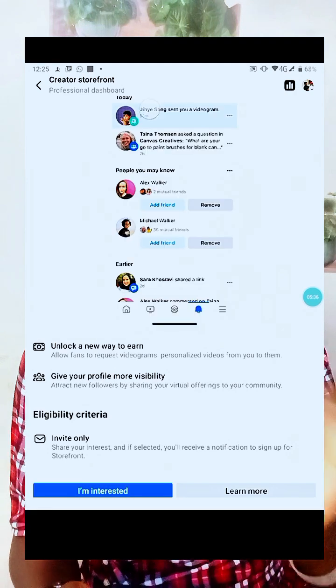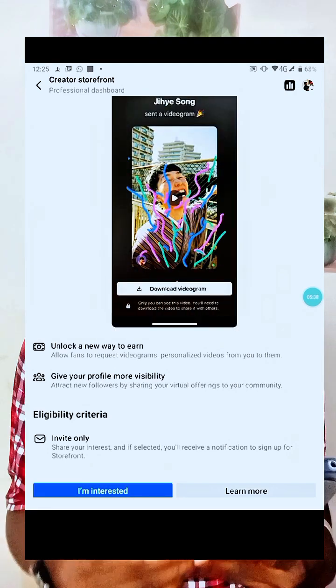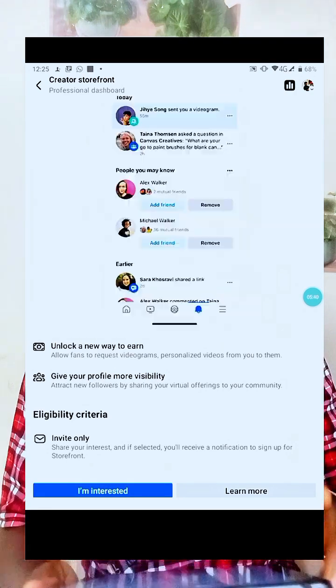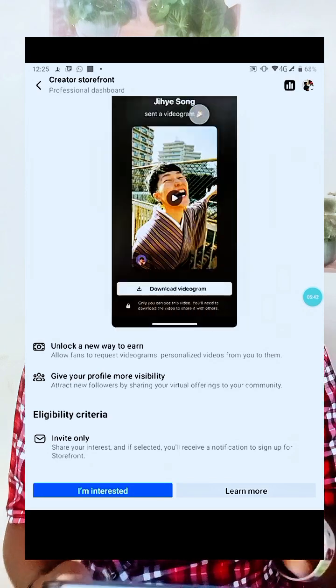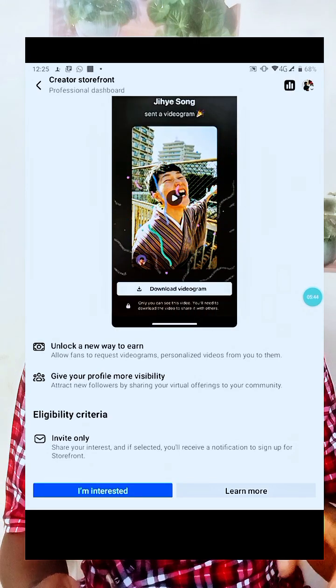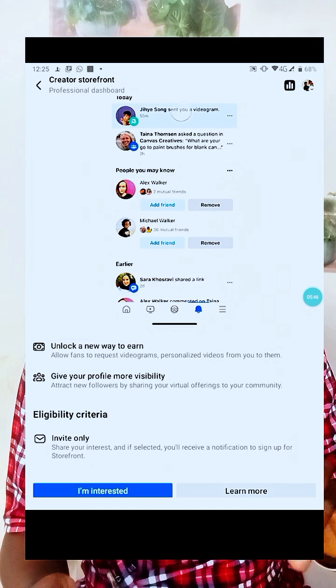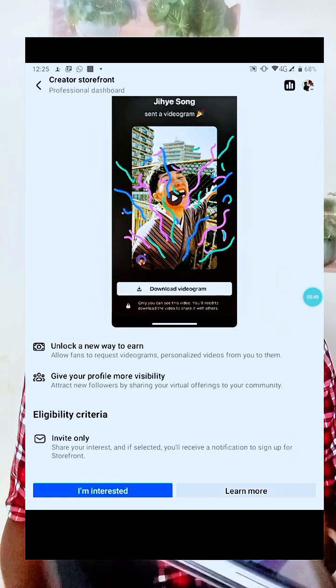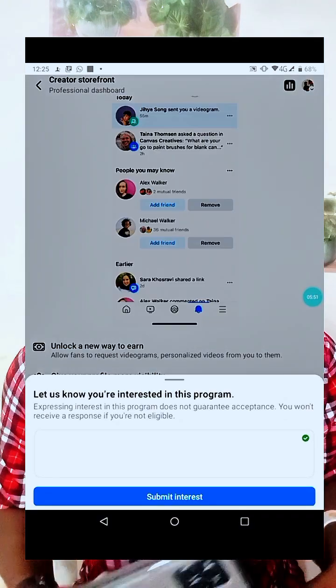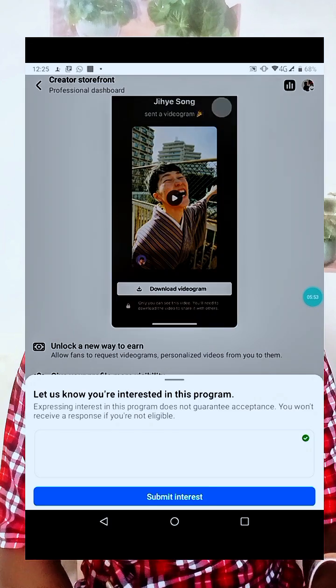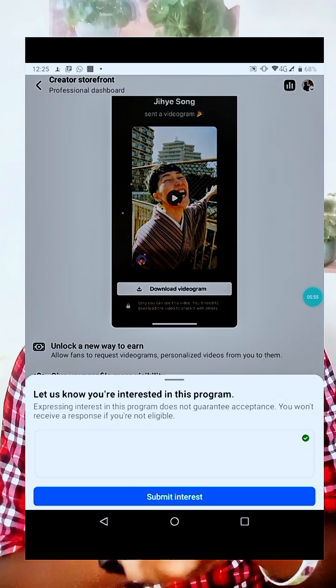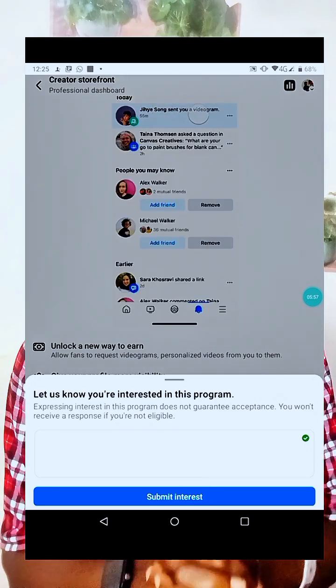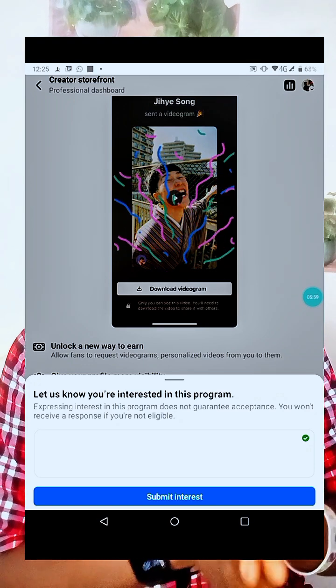This will give your profile more visibility, attracting followers by sharing your virtual offerings with your community. The eligibility criteria for this is invite only. That means you might be invited. In fact, you will be invited, and you have to click on I'm interested and write the reasons why you are interested. Once Facebook finds you eligible, they're going to invite you to join the program.